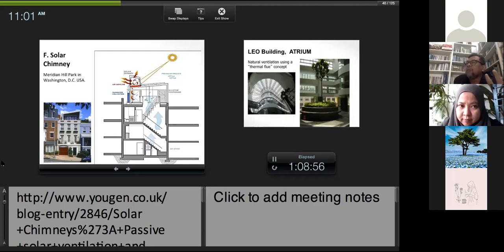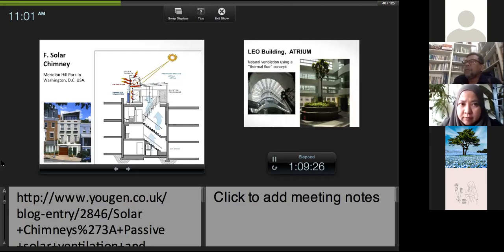Sebab apa? Bila you create solar chimney ni jadi panas, jadi dia akan mengeluarkan udara daripada atas tu. Jadi akan menyebabkan peraliran udara lebih efektif di sebelah bawah. So itu akan menyebabkan menjadi natural cooling. Passive cooling. Menggunakan cahaya. Tapi kena appropriate lah. Sebab tu disebut solar chimney. Tak boleh letak bawah. Dia kena letak kat atas. So dia akan generate